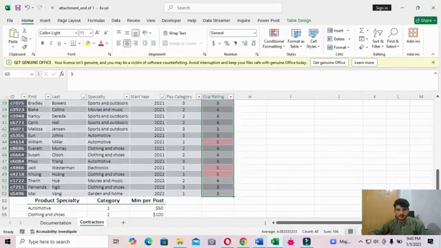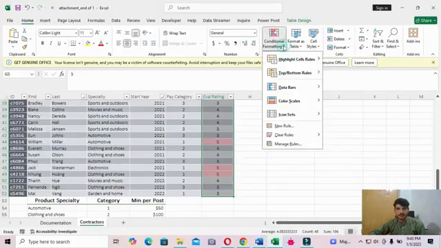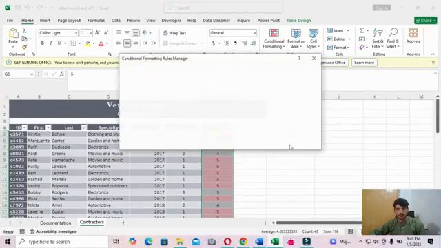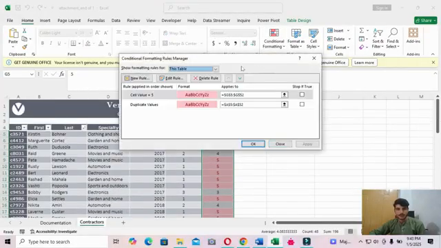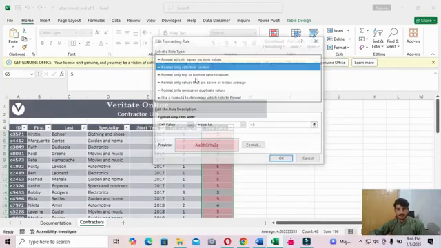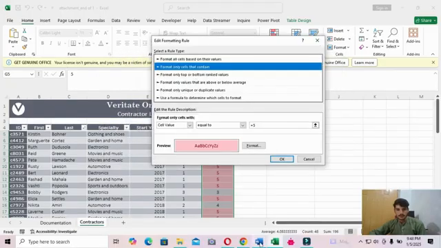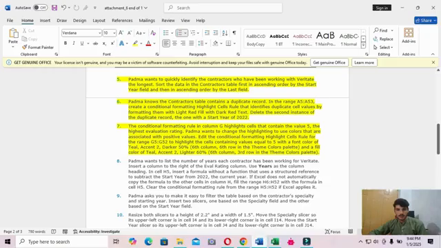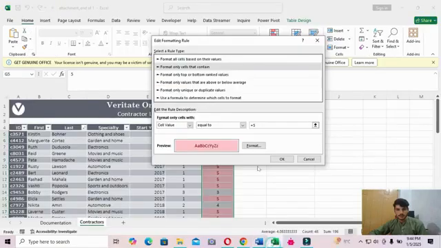Okay, and then click Conditional Formatting and select Manage Rules, and then Edit, equal to 5.